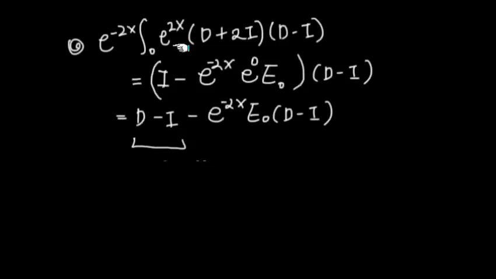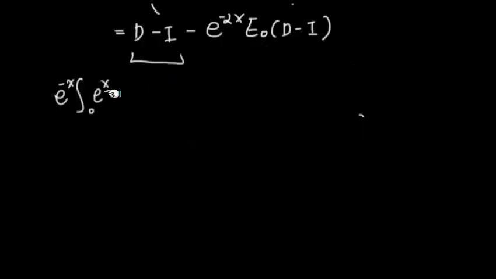And then we'll see what this type of thing does to this factor in here. So we're going to hit this entire thing to annihilate this D minus I operator. So we're going to hit this entire operator, the product of two typical linear first order operators, by this one, because we're looking at this negative